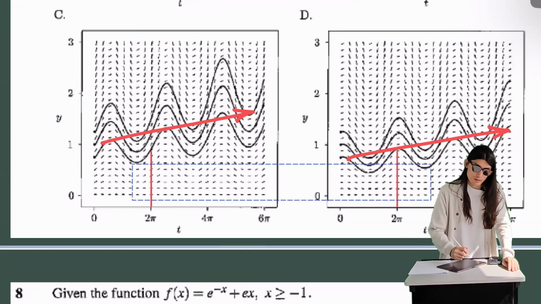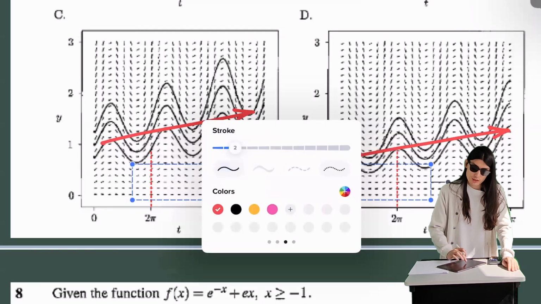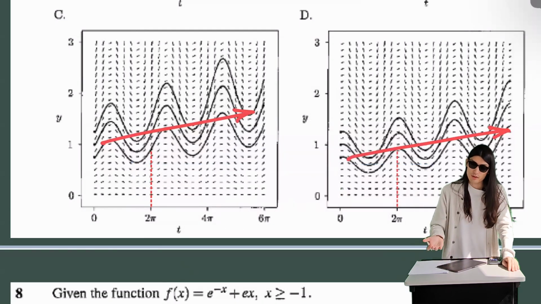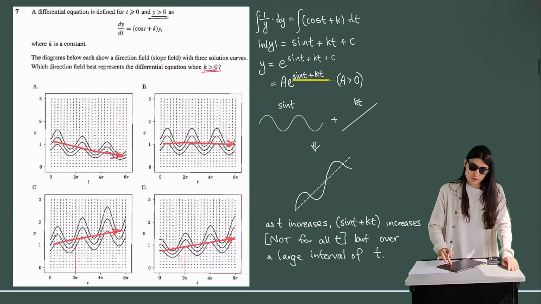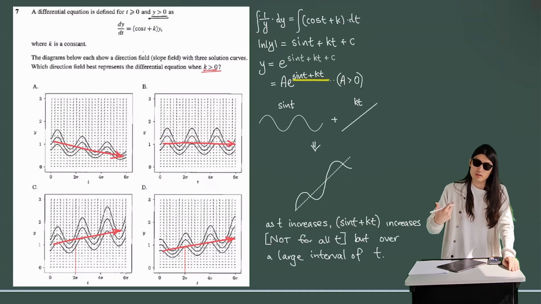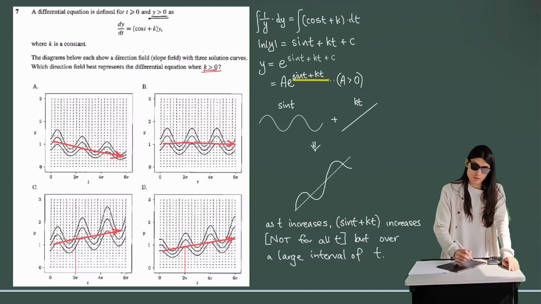Now, it doesn't have to be 2 pi that you select, right? You guys can select another point. You can pick 4 pi if you want. You can pick 6 pi. You can pick 0 if you want, right? 0 would be simpler, in fact, wouldn't it? But I just chose 2 pi because 2 pi gives simple answers when you substitute it into these kinds